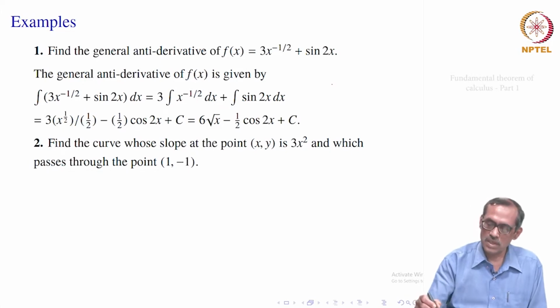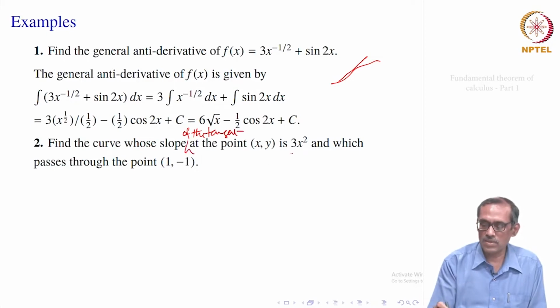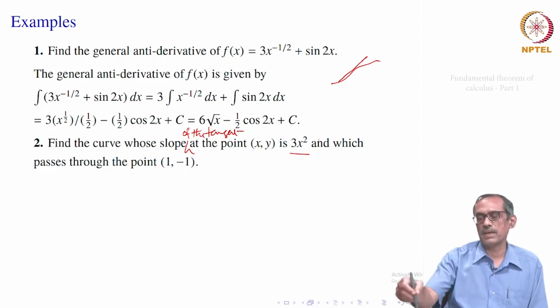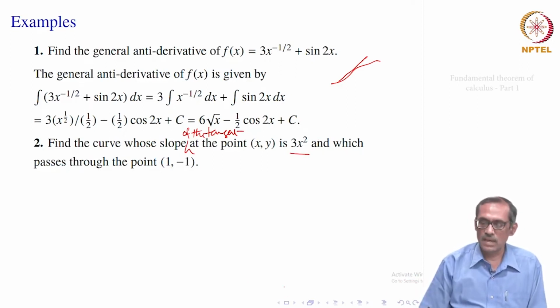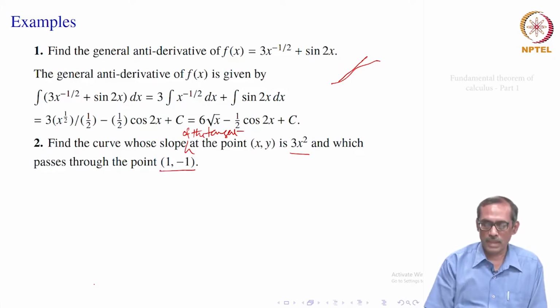So, that means if some curve is there, if you take that point x, the slope of the tangent at point x y is 3x square. It is varying of course, as x varies, and this curve passes through the point 1, minus 1. So, it is really a differential equation we are going to solve, but this can be tackled because of our